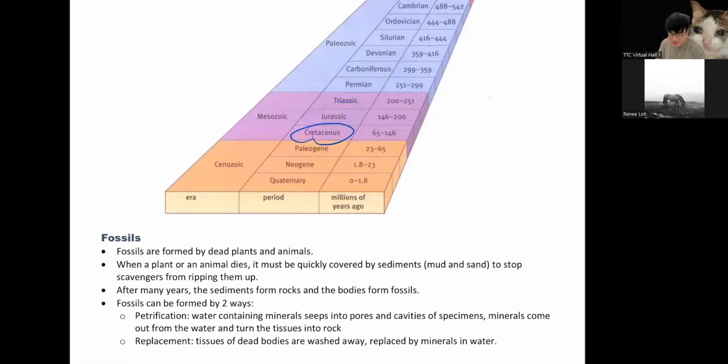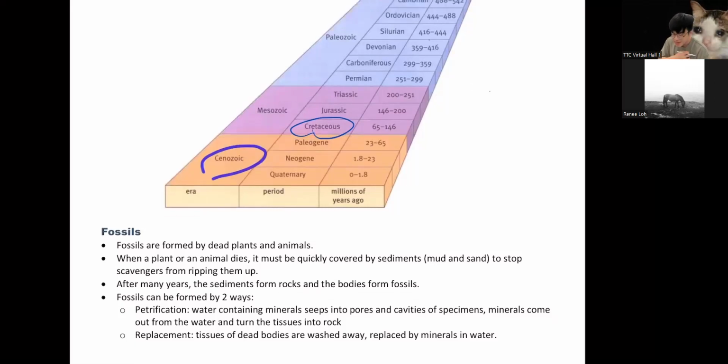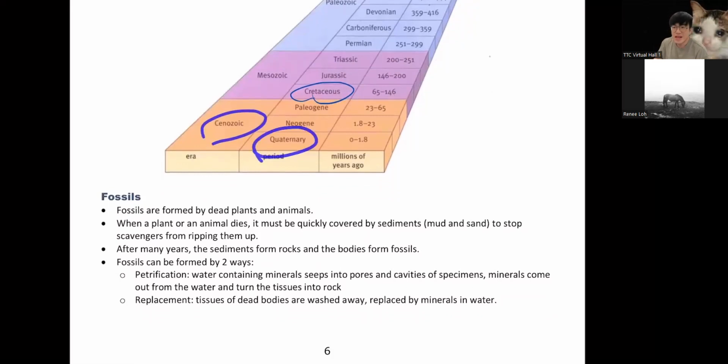Stegosaurus is here. This is the Mesozoic era. Mesozoic era is when reptiles were the biggest animals in the world, because Stegosaurus is a reptile, T-Rex is a reptile. So this is the era where reptiles are everywhere. And then what happened to them? There was a mass extinction, so they died. And then we enter another era called the Cenozoic era. We are still in the Cenozoic era, now in the Quaternary.